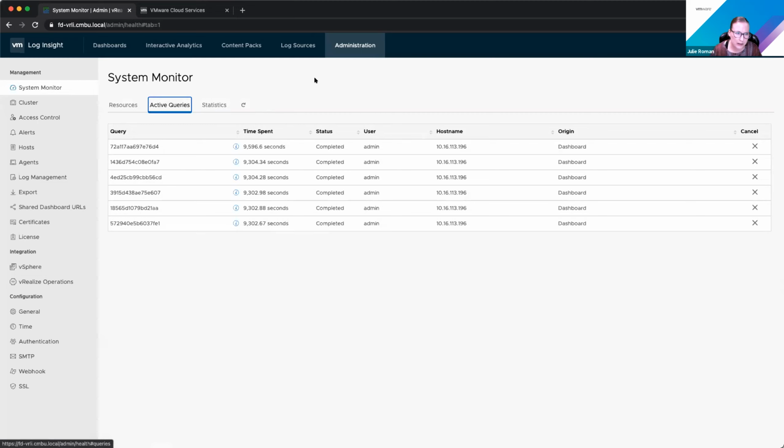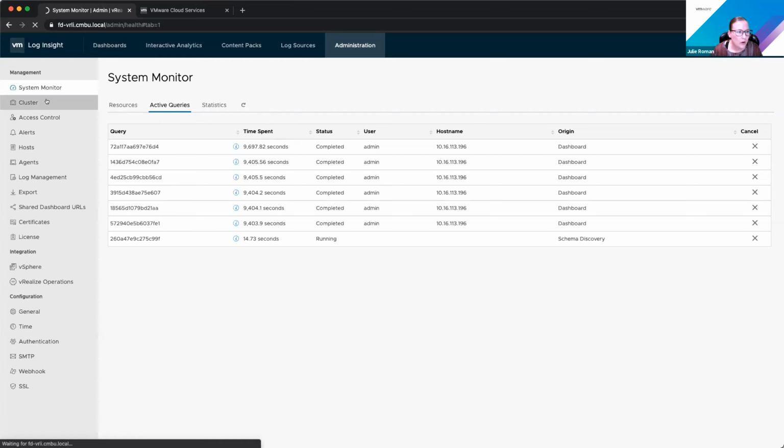So there is a bug currently with active queries though. So this time spent, if you refresh the page, it just keeps going up. That is a bug that hopefully will be fixed in the 8.4.1 release, but just know that it's right initially, and then as the page gets refreshed, it adds on. I know somebody recently had reported that.